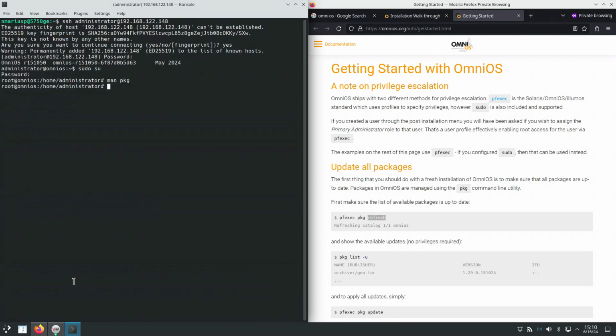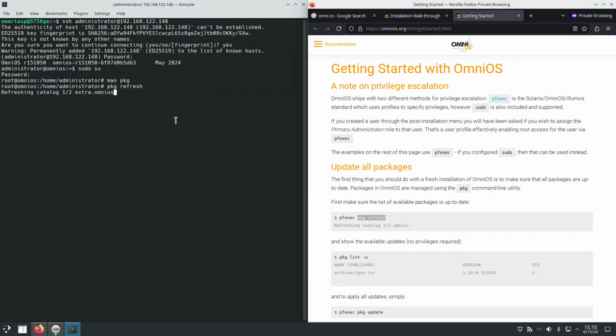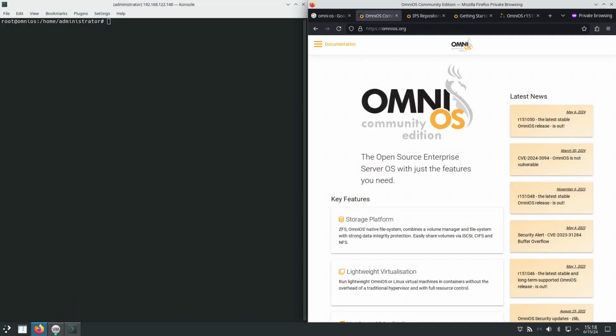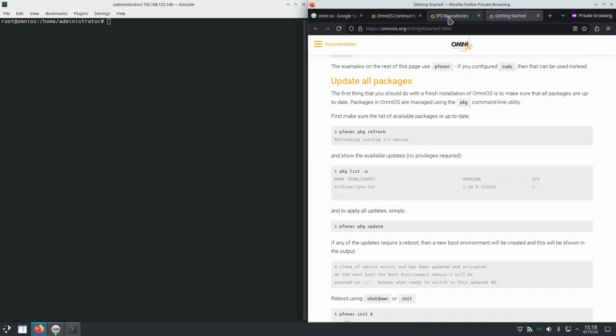Okay, so let's do what it says in here. So package refresh, let's download the latest metadata, which is the list of available packages in the two package repositories that are enabled by default if you install OmniOS. I'm not going to enable the SFE package repository for OmniOS,